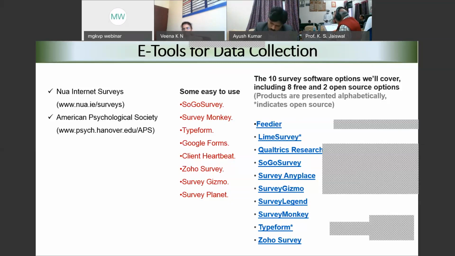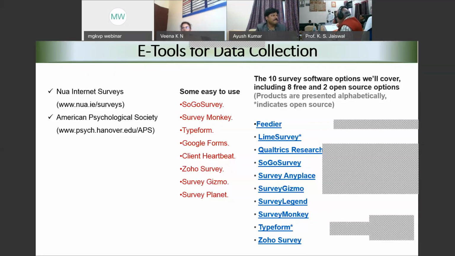So we can use any one of them based on the relevance and appropriateness of these tools, what they offer us, and what we want out of the research, so that we collect the data and go back to analysis. I think this is what I wanted to share with all of you. If there are any questions, maybe we can discuss for some time.